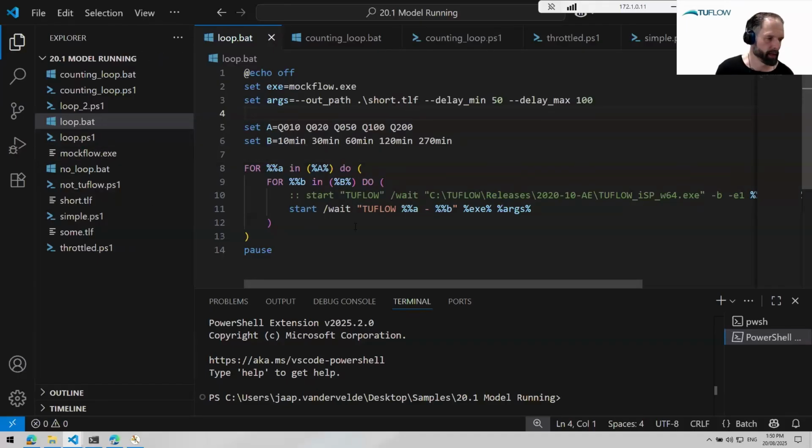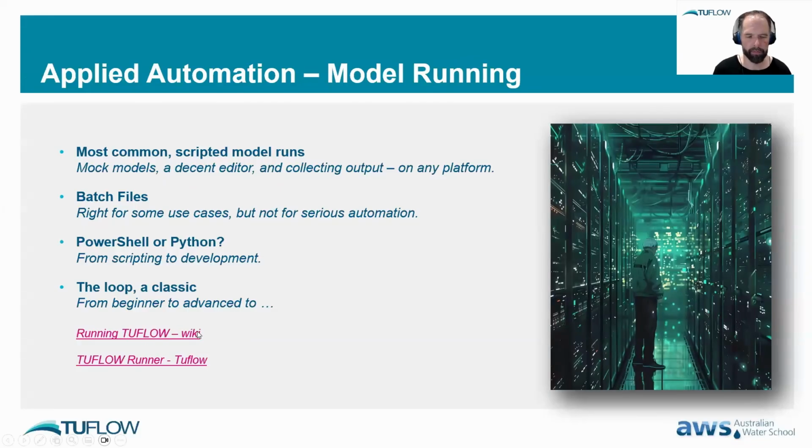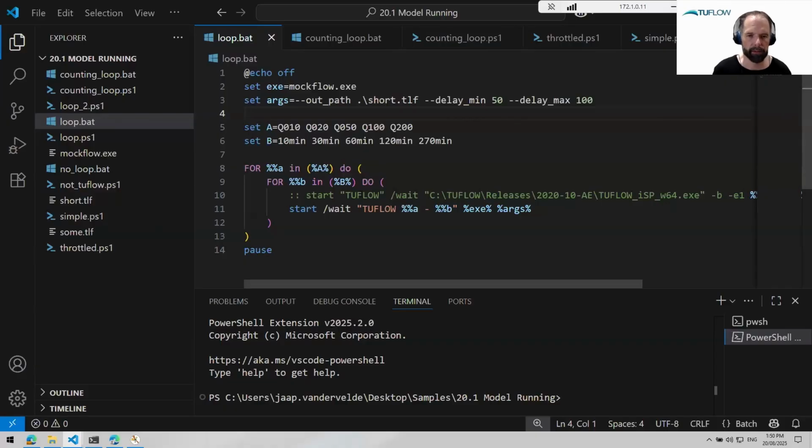You can actually find these, by the way, on the wiki. So the link that I was showing in my presentation, if you have a look over there running TUFLOW, it has all this information and a lot more on how to set up these loops using batch files and PowerShell. But what I want to get into is,